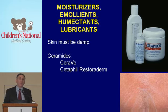Now there's a natural emollient or lubricant that we have in our skin called ceramide, and that appears to be deficient in kids with these filaggrin mutations, kids with atopic dermatitis. There are a couple of moisturizers that are out in the last few years, CeraVe, which was developed by the Derm Department at UCSF, and Cetaphil Restoraderm, that have the ceramides added to the emollients under the belief that the ceramides will be absorbed topically. And I think the final chapter is not written on this, but I am using these preferentially over all other